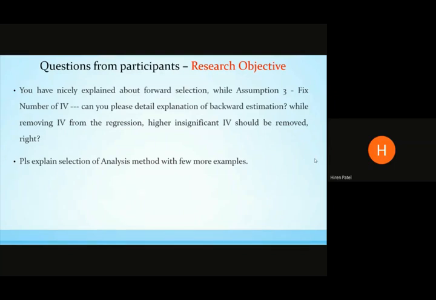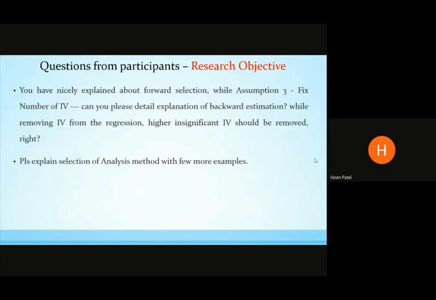Stepwise estimation, sometimes known as stepwise regression, lets you add variables as well as delete variables. Forward selection and backward estimation limit themselves to only one direction: forward selection means only adding, backward estimation means only removing, whereas stepwise means both adding and removing together. However, whenever we have powerful software such as SPSS, we hardly think of running only forward selection, only backward estimation, or only stepwise, because in a fraction of time you can apply forward selection for the next 5 minutes.